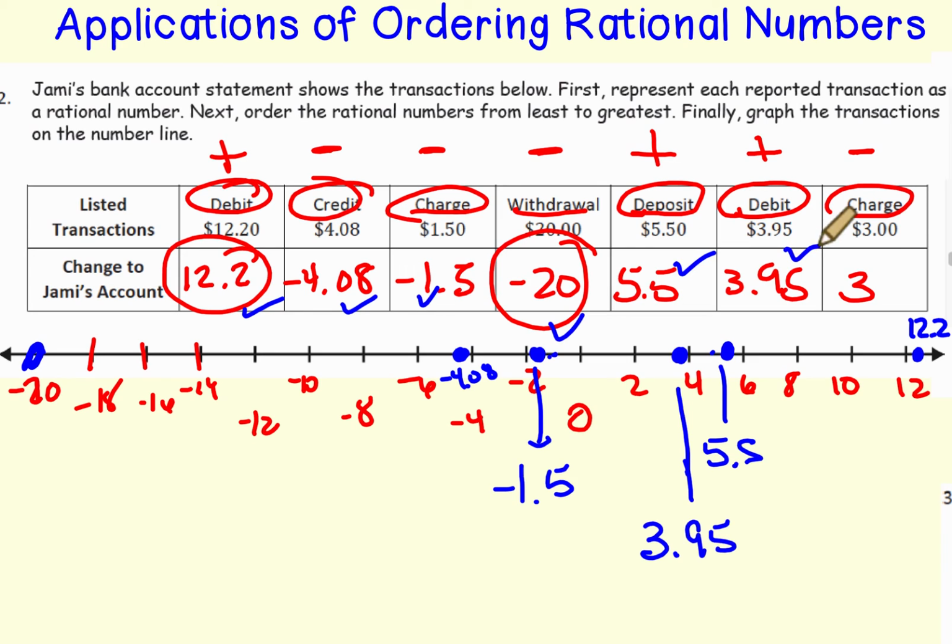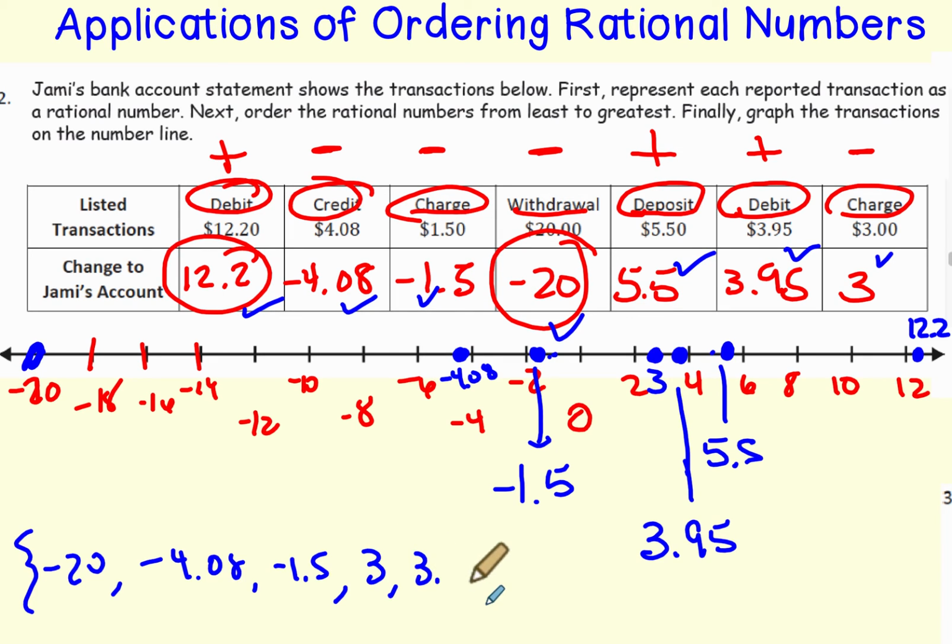And then our last one is positive 3. And positive 3 is exactly halfway between 2 and 4. So there would be my 3. So now let's go ahead and put them in order. Negative 20, then negative 4 and 800ths, then negative 1.5, then 3, then 3 and 9500ths, then